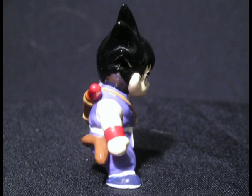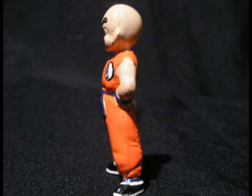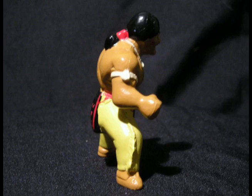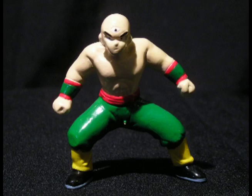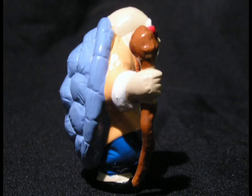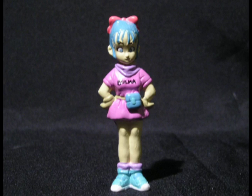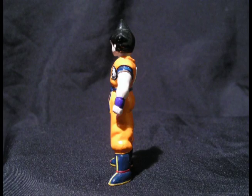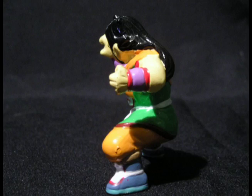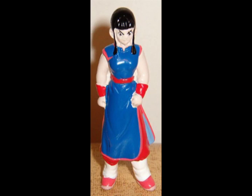The first is Kid Son Goku, Adult Krillin, Kid Krillin, Bora, Tenshin Han, Master Roshi, Mai, Lunch, Bulma, Son Goku, Gai Mao, Yamcha, Mr. Popo, Adult Chi-Chi, or Milk,